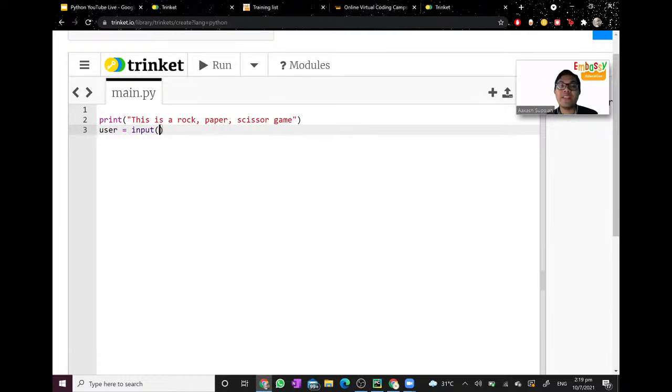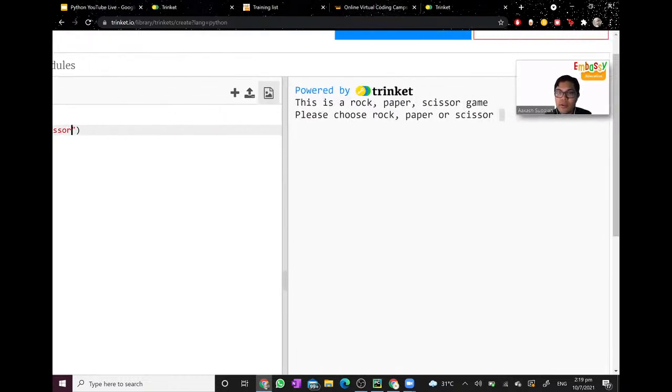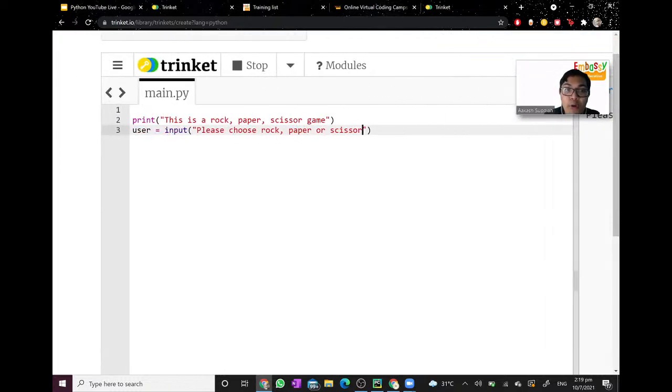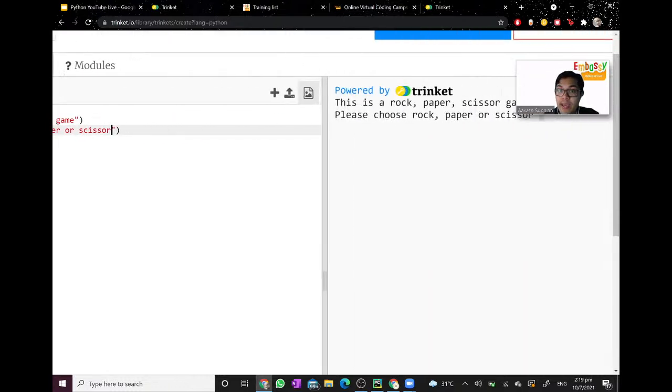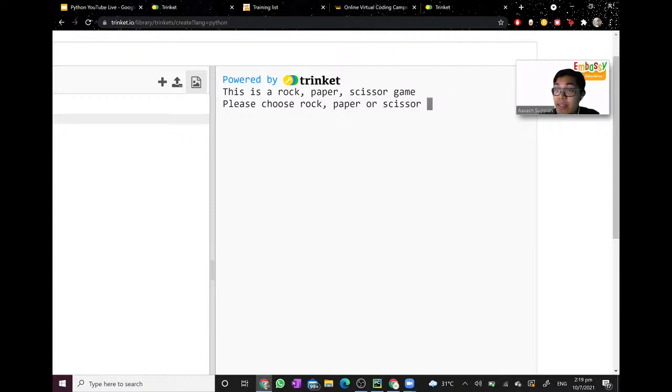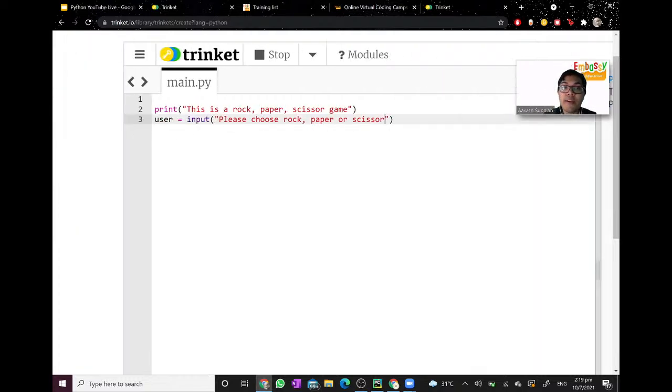Okay, so write in user, that means my input function will be called user, and I want it to display please choose rock, paper, or scissors. Okay, so if I run this, I'll show you here. It'll print out what I have written here. So this is the prompt. This is where you write the prompt. And after that, you see this mark here. Then it will allow us to actually write down what we want to give as the value of user.